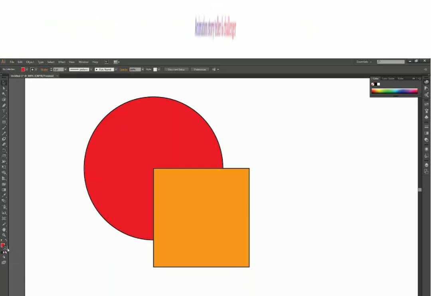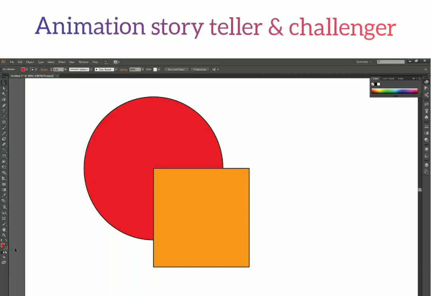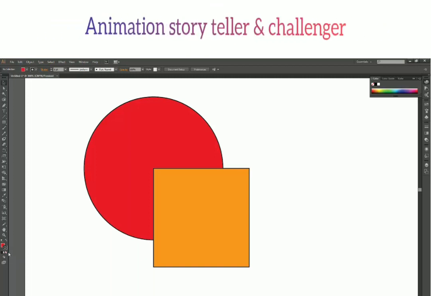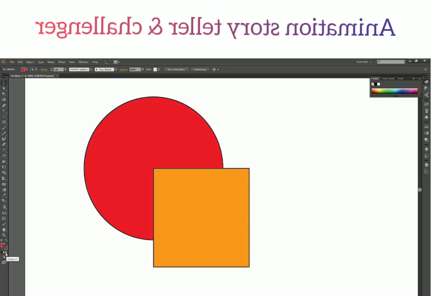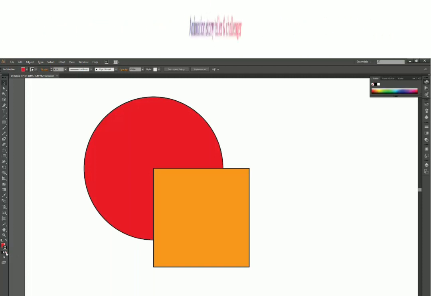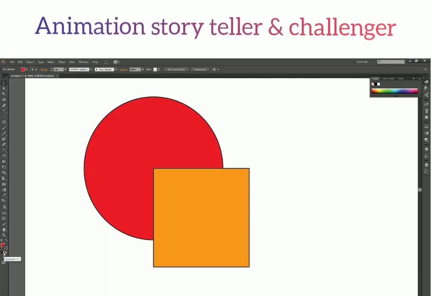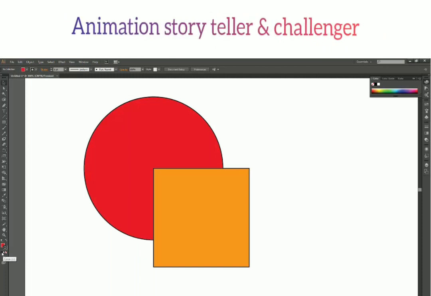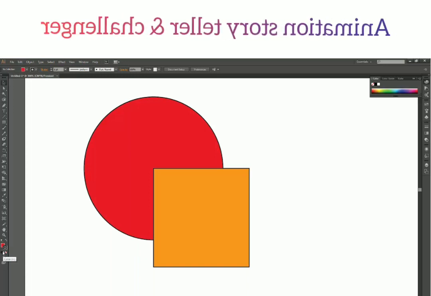Okay, so right now my outline is selected and I don't want to fill any color in it. Below this you have these three very small buttons. The rightmost one says none, which means it will not fill any color in my outline. Then we have this gradient option. Now gradient we are going to cover in the future, and how it works. And then it has this color, just a single color fill.